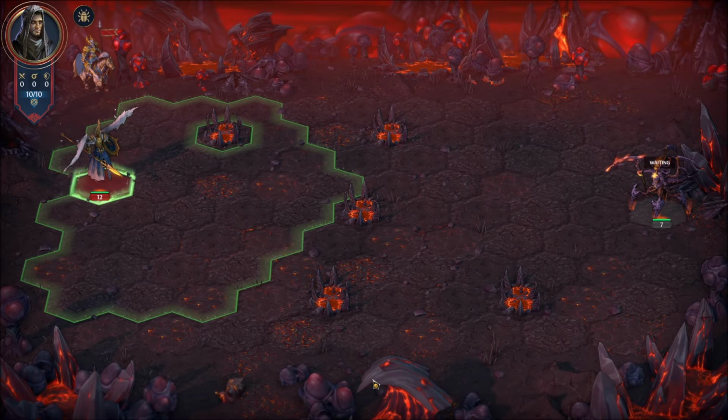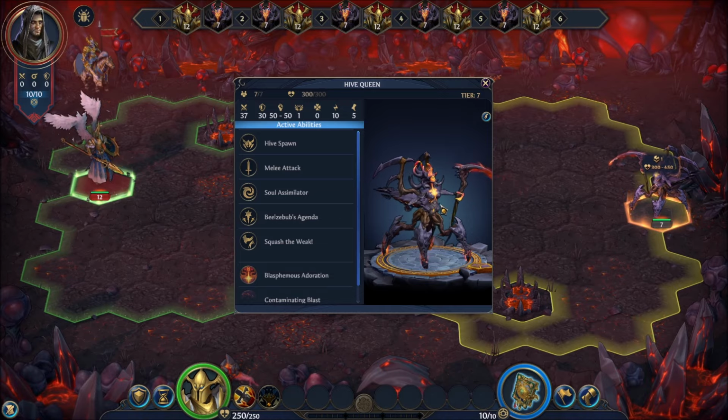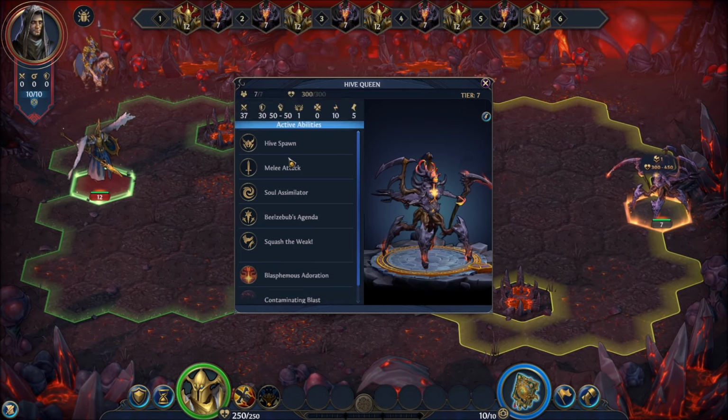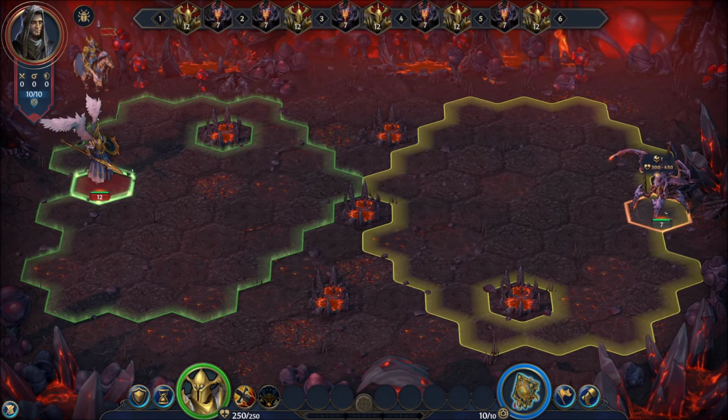All right, we're gonna start the battle. It looks like he waited first, or she, the Hive Queen. It does look like it's a melee. Part high mind, serves powerful morale. Okay. If I just sit here...